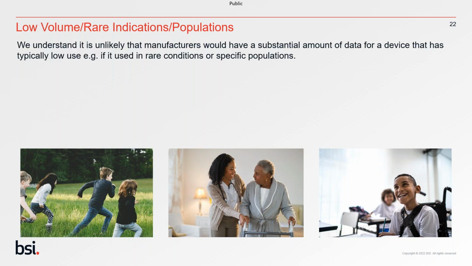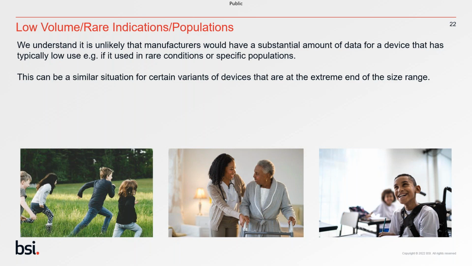Well, as I said, we know that it can occur. We know this is a big issue sometimes for manufacturers with a range of variants of devices. We know typically the center of that range has normally sufficient clinical data in terms of quantity and quality. But when you look at that spectrum of device sizes, for example, we know that those at the end of the spectrum of that size range tend to have still quality, but less quantity in terms of sufficiency. We know this is an issue.